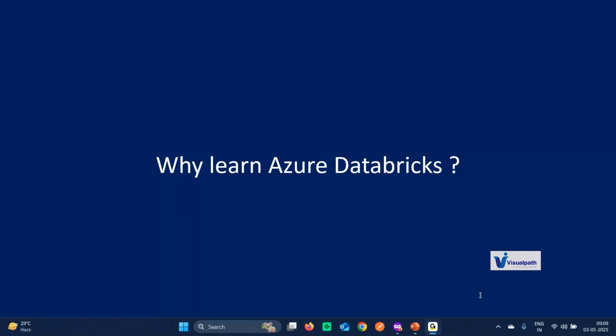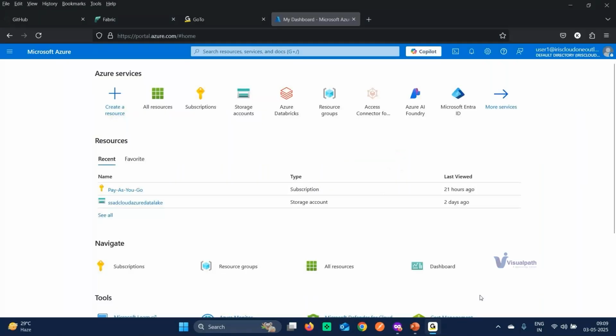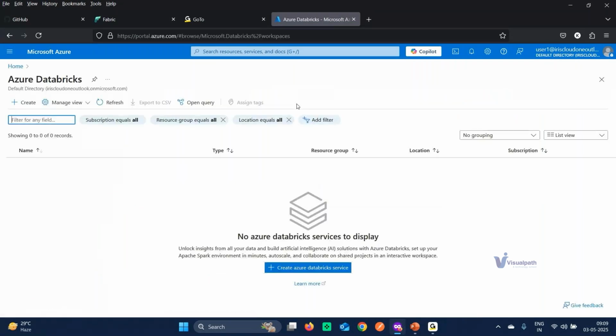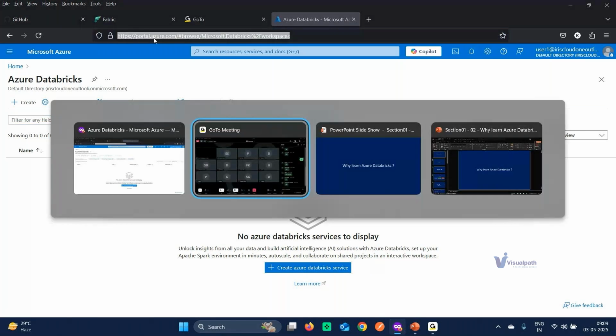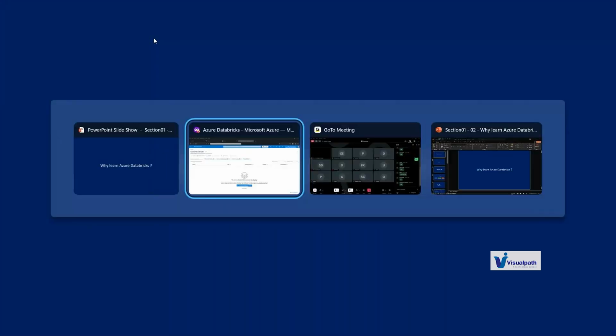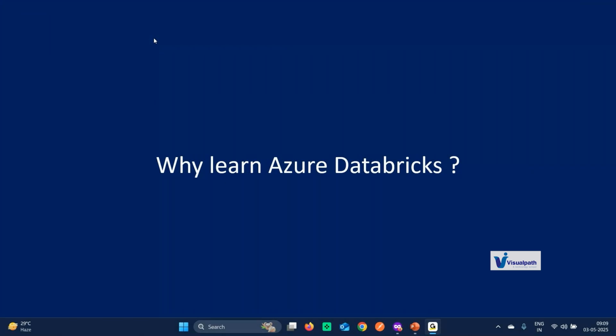Now I'm coming to the agenda. The agenda is Azure Databricks, Microsoft Azure Databricks, and I'm on this portal on Microsoft Azure. Participants, before I get started to talk about Microsoft Azure,